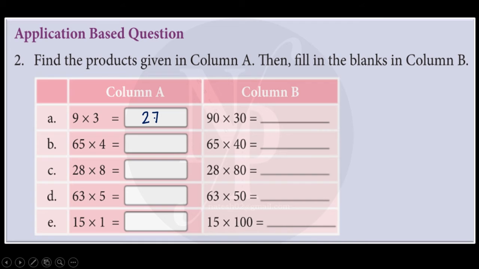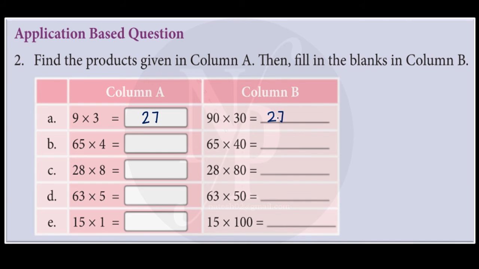Yes, this is how we should find a product in column A, and we should fill in the blanks in column B. So how do we fill in the blanks? When we observe these numbers given, here we have 90 into 30. So let us first consider 9 into 3. 9 into 3 is 27. So we will write 27 here,